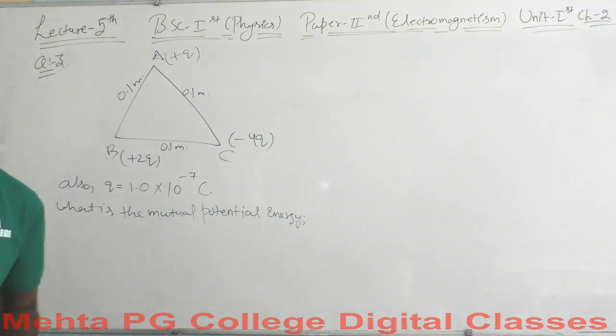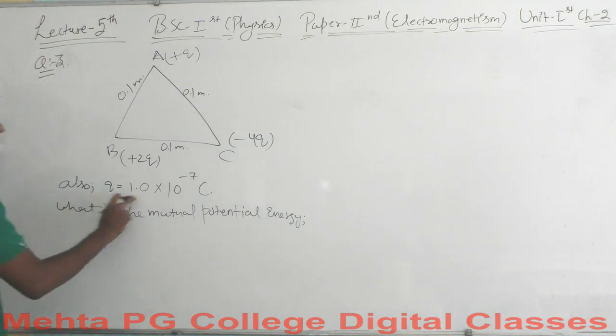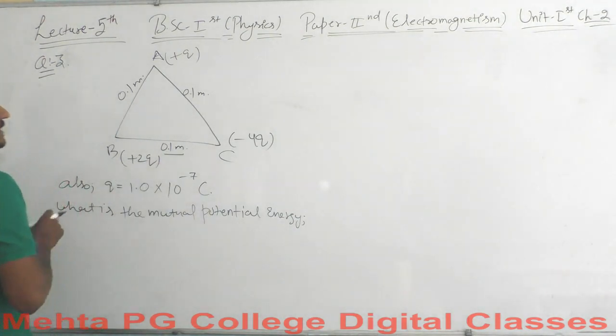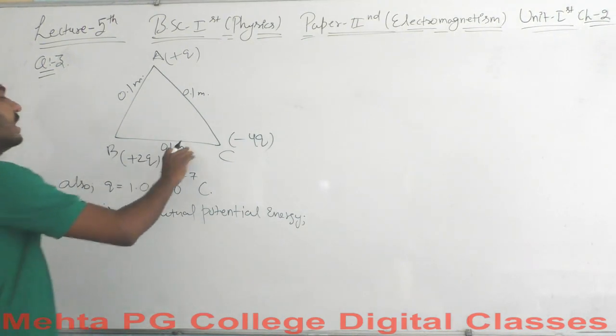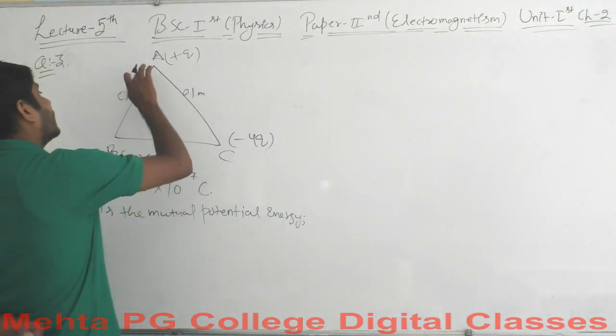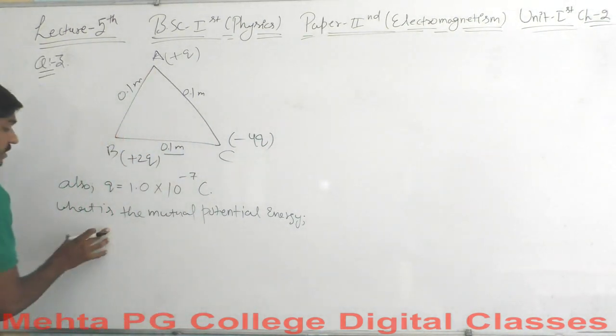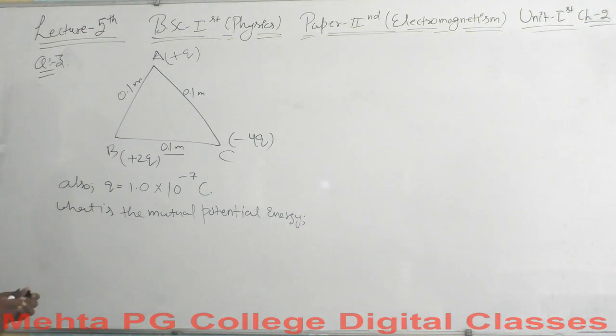So we have been given that the charge Q is equal to this, and the distance is equal to this particular value. So we have two values here, which means that we will need a numerical value for the potential energy. Now we are subjected to calculate the result here, so we do not need to go for the mutual potential energy in general. So what should be the value of total potential energy?